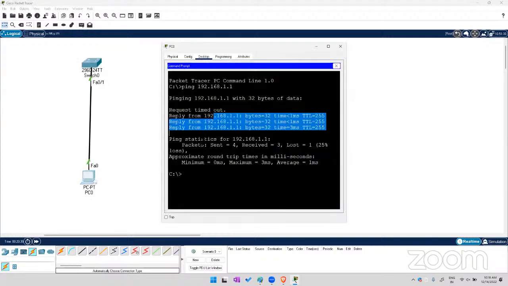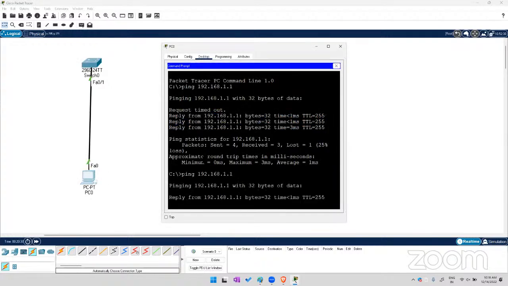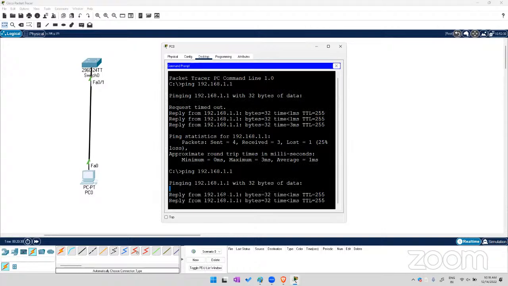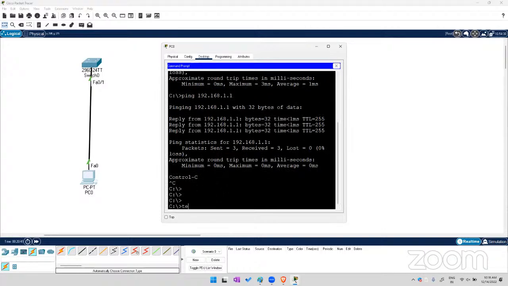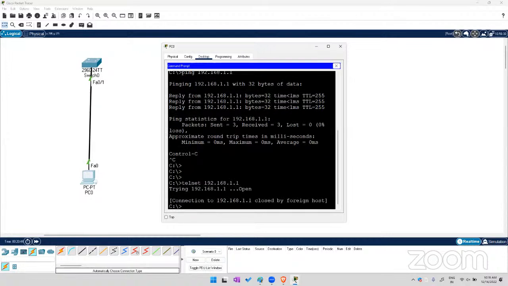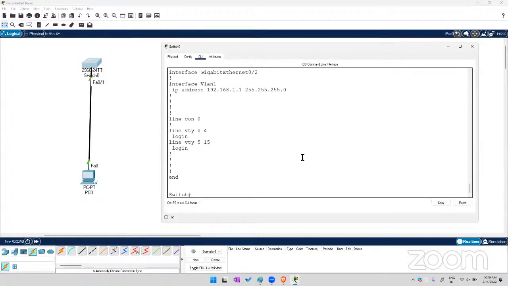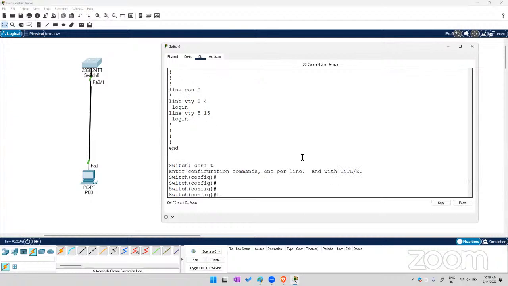If this user tries to access, for example, this user says I want to communicate. Communication is possible, but I want to do telnet. So telnet 1.1 and then enter. We get a message: connection to this IP is closed by foreign host. That means telnet service is right now disabled. How to enable it? Go to the switch or router config mode and say line